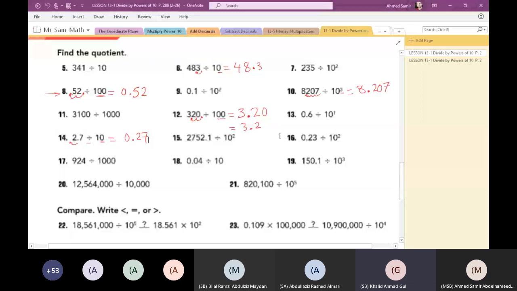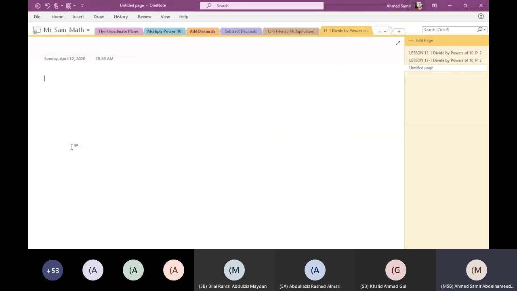0.27 is hundredths. How many digits do we have after the decimal point here? 1, 2. So 2. Actually, this is from very far behind. We learned about digits after the decimal point. So if we're having a number like this, 3, 2, 5, 7, here we have a decimal point, 9,